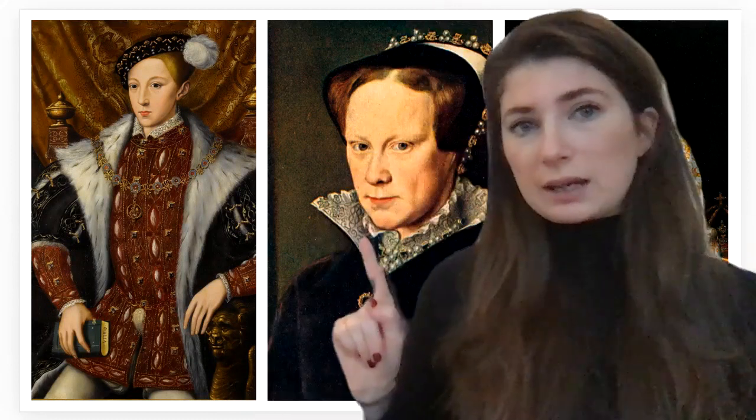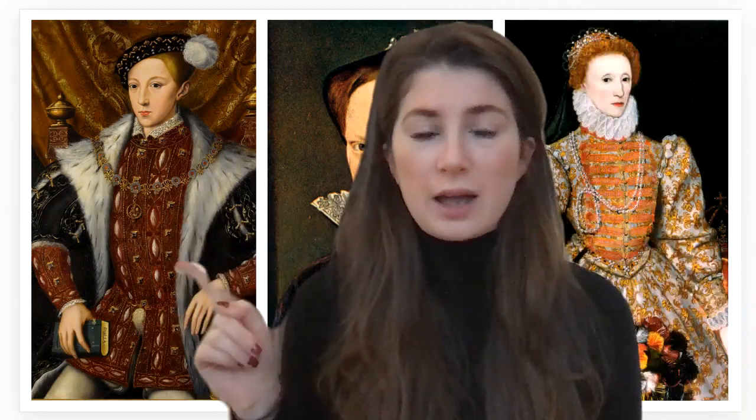The first thing we need to do is to try to make clear Elizabeth's background. Who was she? Where did she come from? Elizabeth was one of three siblings, and she had two half-siblings. She was the second oldest child, with her older sister, Mary, and her younger brother, Edward. All three of them are the children of Henry VIII, probably one of the most well-known kings England ever had, and all three of them ruled England at different times during this Tudor dynasty.